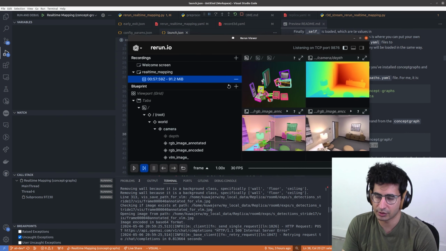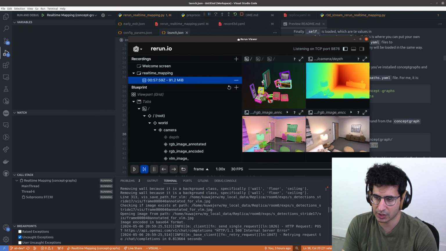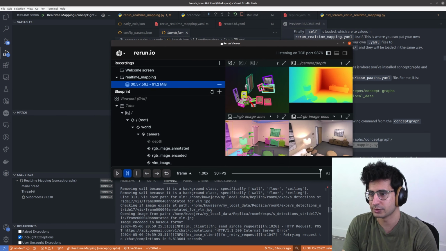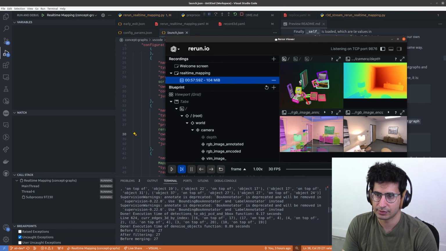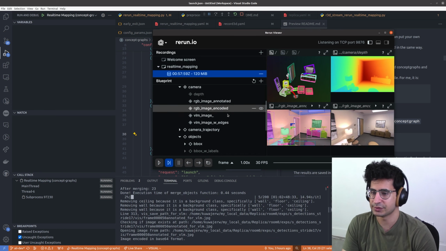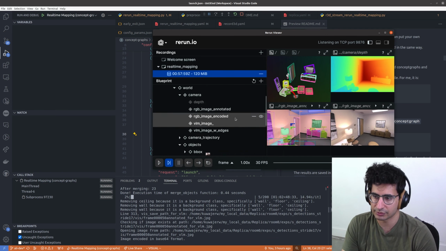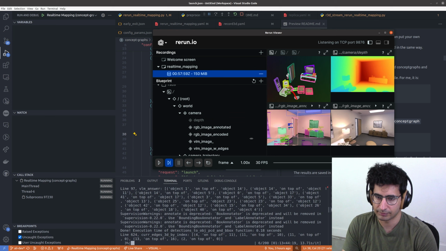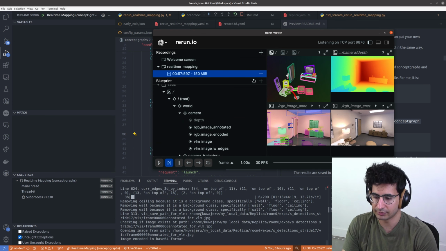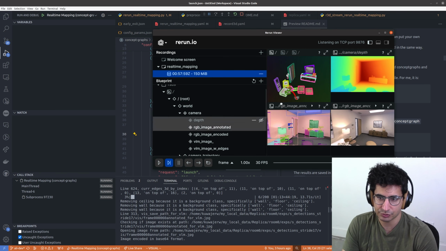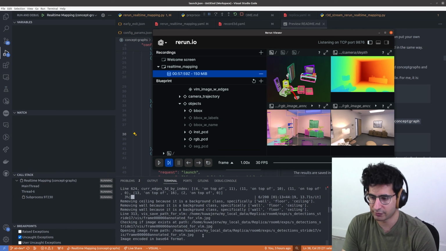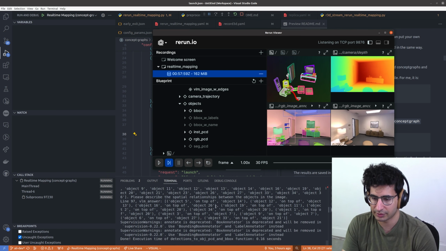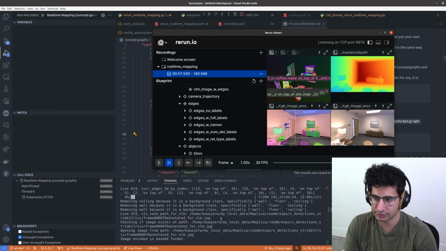It takes a lot longer when you run with edges, which is why that's not enabled for streaming from the iPhone, because it kind of defeats the purpose. When you're streaming stuff, you want it to be fast. And getting the reply from OpenAI for GPT-4V, processing the image, asking about the object relationships is by far the time bottleneck. So the edges are being printed to the terminal, and